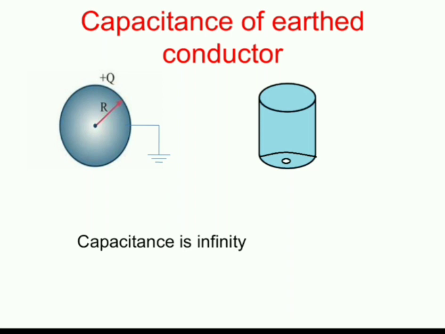Then what is the capacitance if you earth the sphere or earth the conductor? So when you earth the conductor, because it's connected to earth, all the charge on the sphere will be transferred to earth. So whatever charge you give, it will be transferred to earth. So we say its capacitance is infinity. Okay, don't make a mistake here writing capacity and capacitance as 0. It is not 0. It is accepting all the charge whatever you are giving.